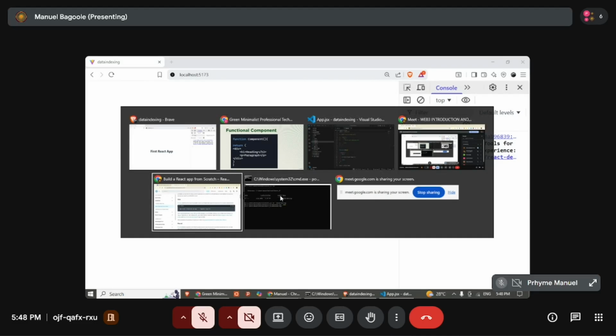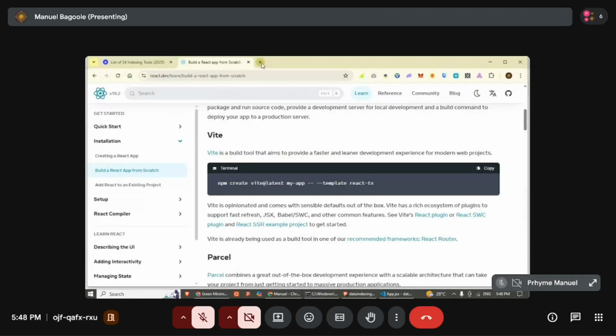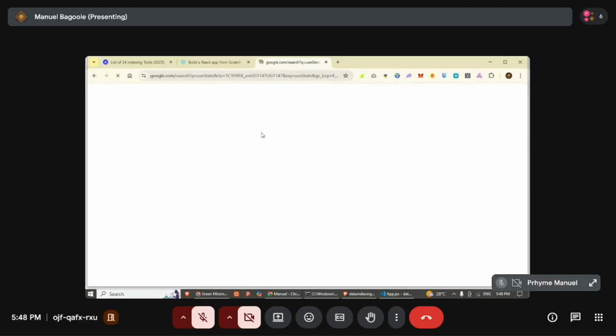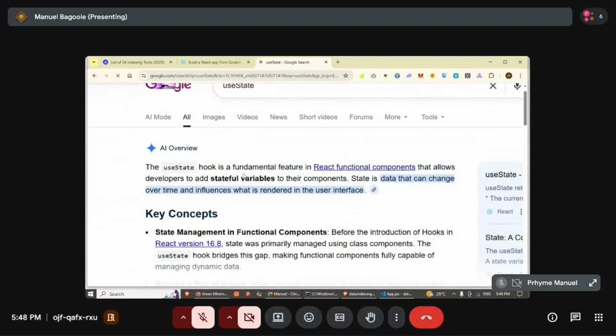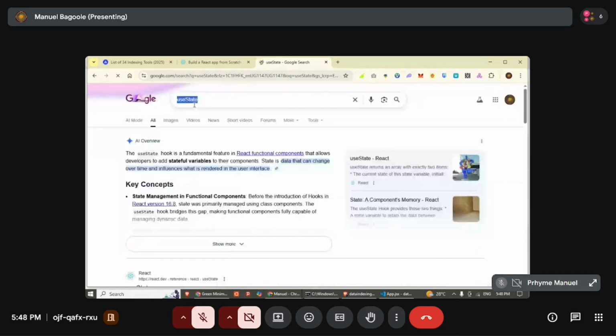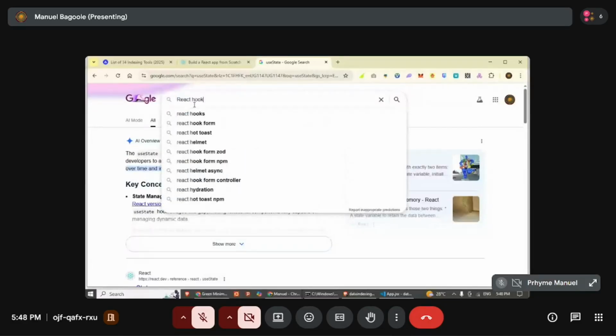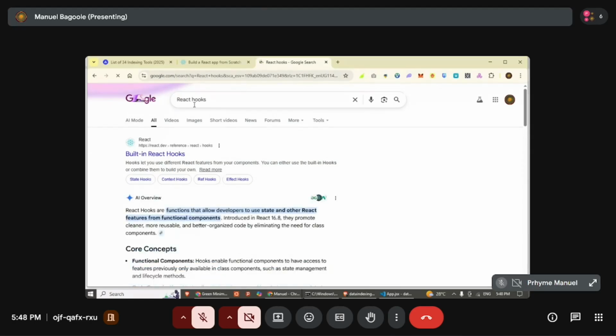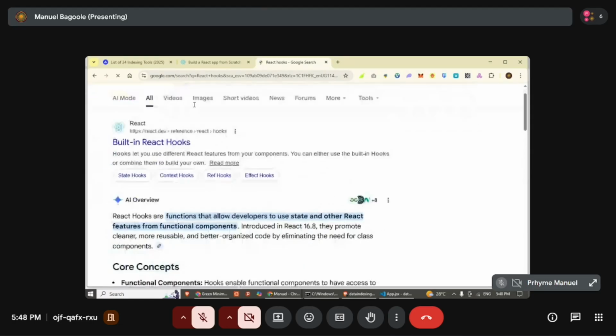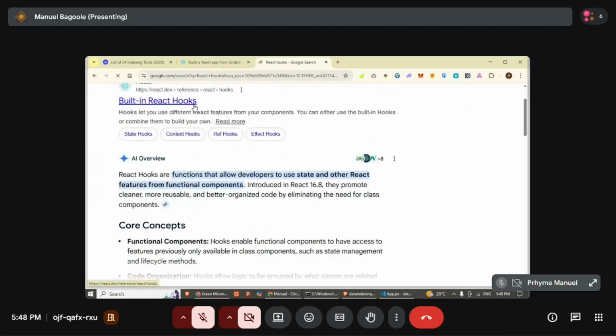Okay, I'm going to just type here something. Let's look at useState and try to understand what it is. So it says useState is a fundamental feature of React components that allows developers to add stateful variables. And maybe let's talk about what React hooks are in a minute. Okay, so this answer simply gives us a definition. I didn't have a proper definition in my presentation, so that's why I'm referencing